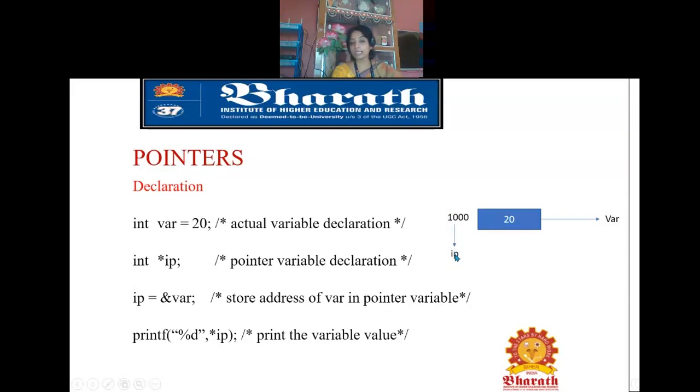So when I say the contents of this IP, that means the contents of the memory location 1000 is 20. Whenever we need to specify the value 20 in terms of IP, we have to specify it as star IP. If I simply say IP, it represents the memory location 1000, where the variable has been stored. That memory location will be pointed to by this IP.